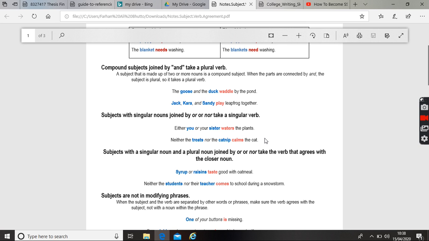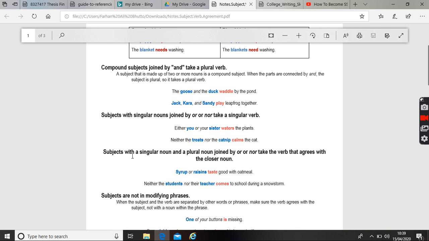Like when you say either he or his brother dash responsible, was or were? Now see, he and his brother, they both are singular subjects. So we need to have a singular verb to agree with this subject. So it has to be either he or his brother was responsible. Likewise, neither he nor his brother was responsible. Okay, so let's move to the next